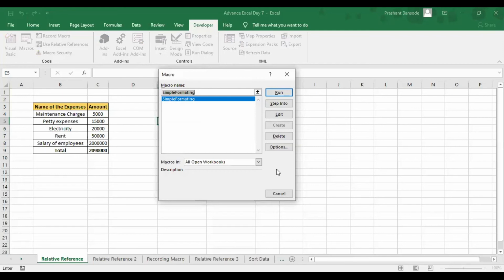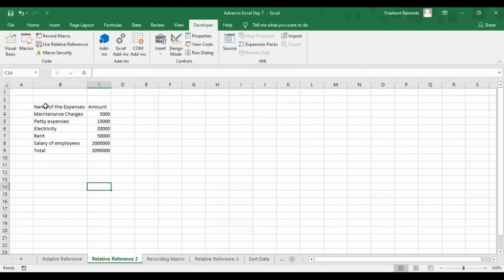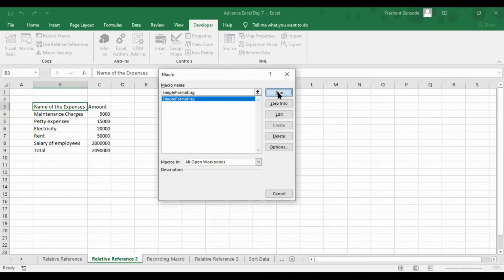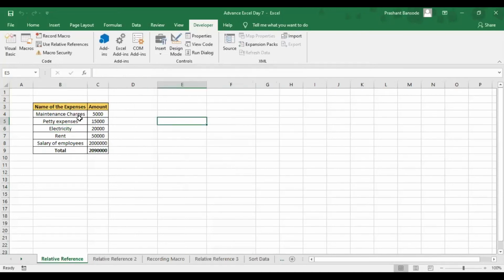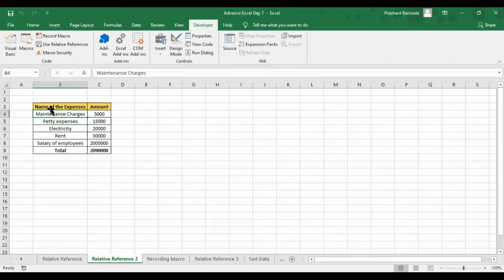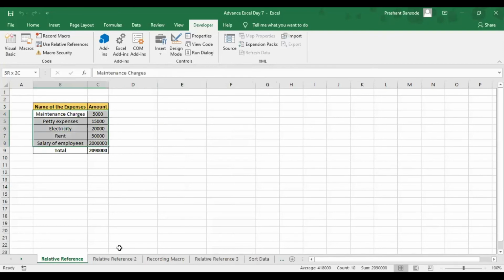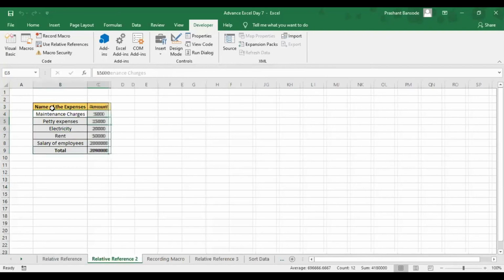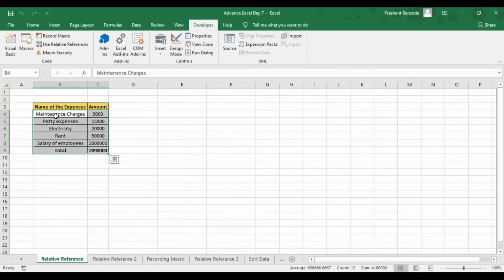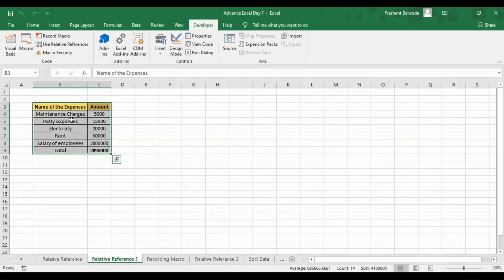Now if I want to run this macro over here in this sheet, say for example, I go to macro run. Okay, it has run over here. So see, I have saved my time because I wanted to do the same thing in this particular sheet as well, and I did it over here, but it also executed in this particular sheet.